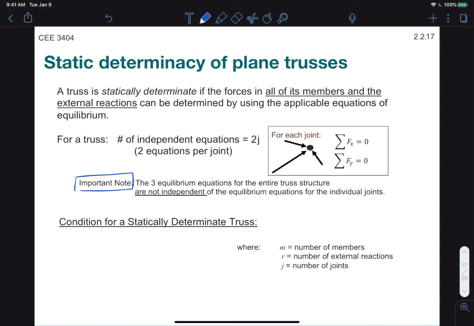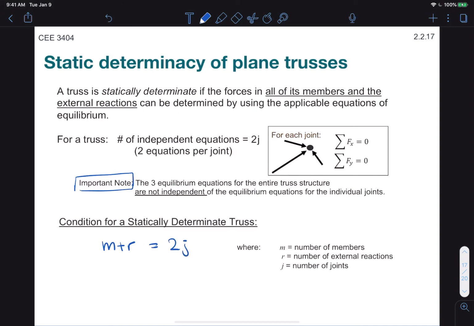That means that by virtue of having all your joints in equilibrium, that implies that your structure is in equilibrium, right? So they're not independent conditions. If your joints aren't moving, then your structure as a whole isn't moving either. All right, so writing it in equation form, our condition for a statically determinate truss is M plus R equal